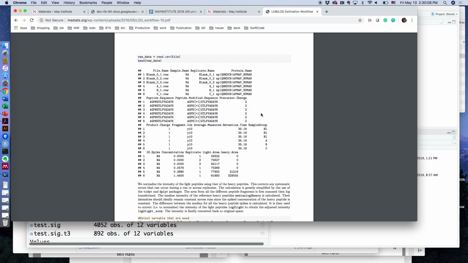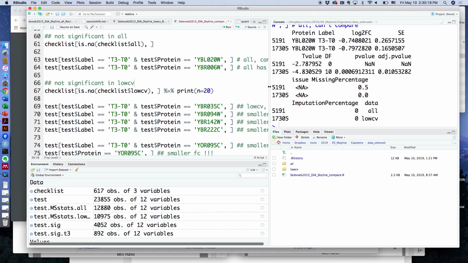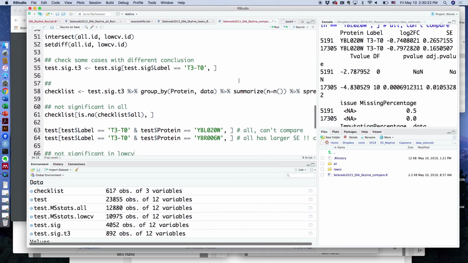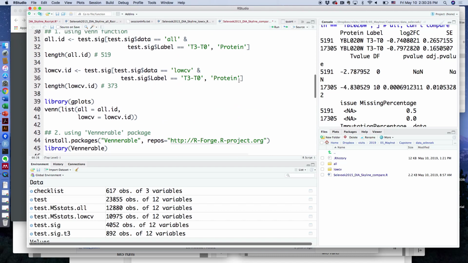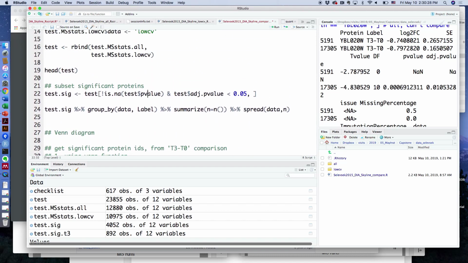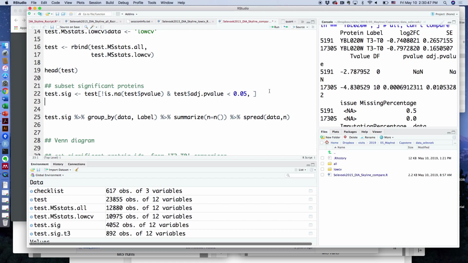Do you have any kind of script which can tell me the up-regulated and down-regulated proteins in both cases? In that case, some R code can help you. For example, here, this test includes all the test results, and then they just filter on p-value less than 0.05. Let's say this is the result. Then what we can do, if you want the up-regulated ones,